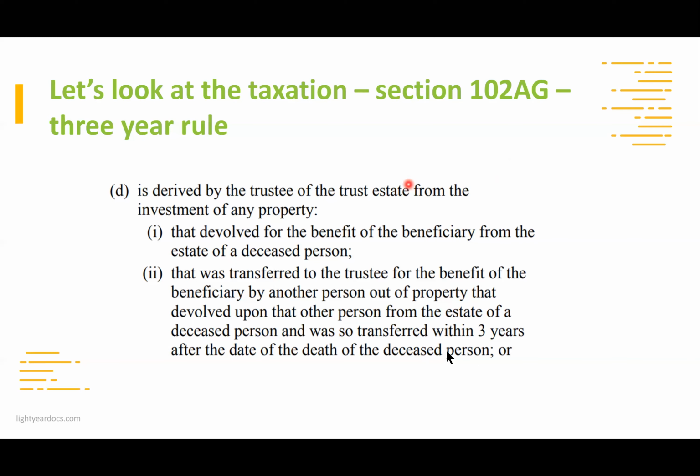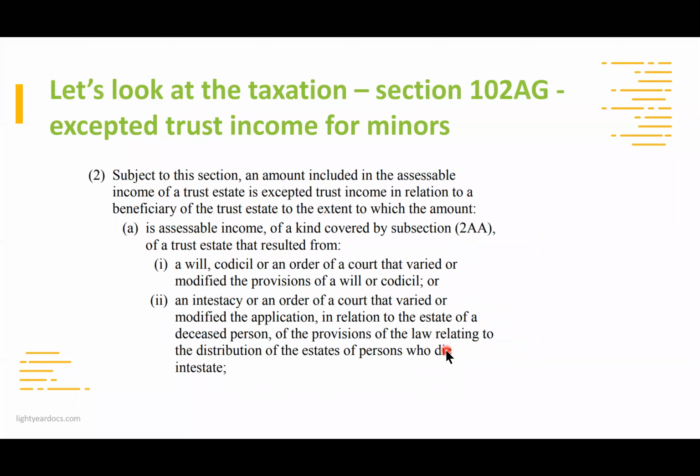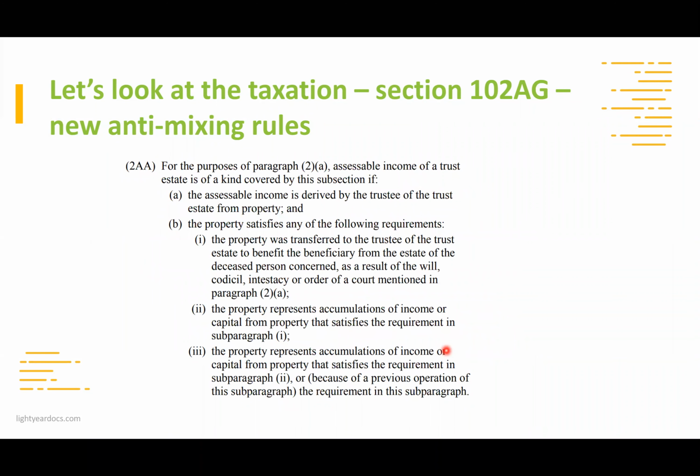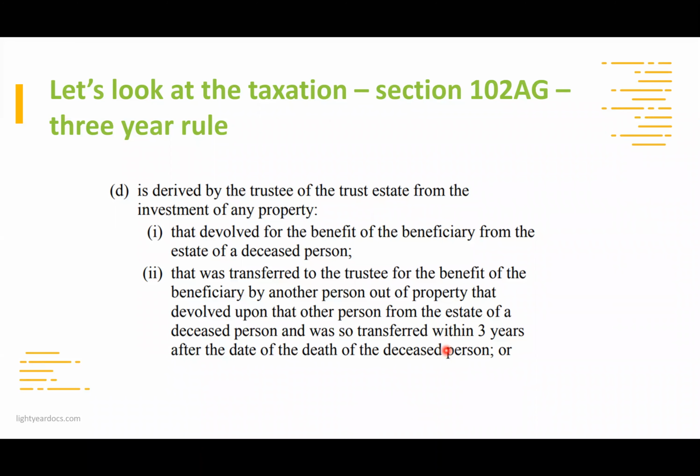So it does happen, but it's nice to know that legally there's our setting it up from the will under 2, subject to 2AA, again, that non-mixing or non-pollution. And 2D is that even if it's gone into a beneficiary, you've still got 3 years from the date of the deceased to set up a testamentary trust. So that's our classic will testamentary trust from the estate. And again, remember, these are subject to family provisions claims.